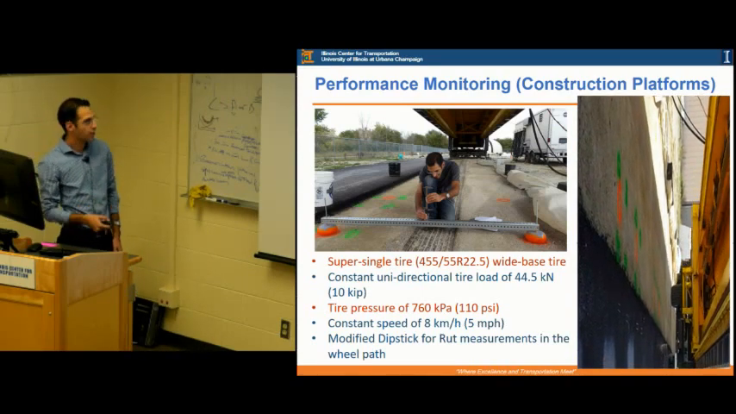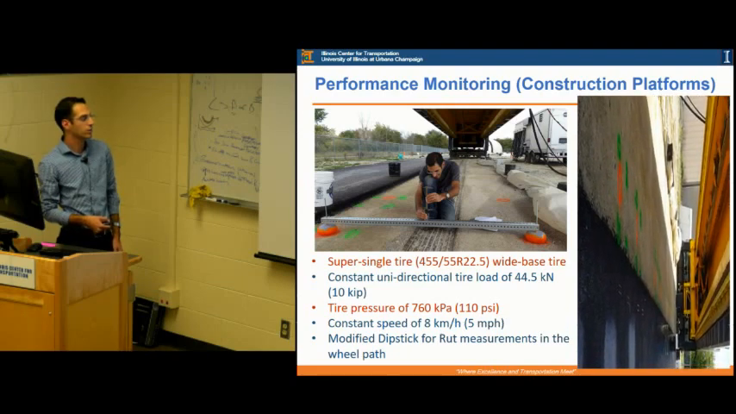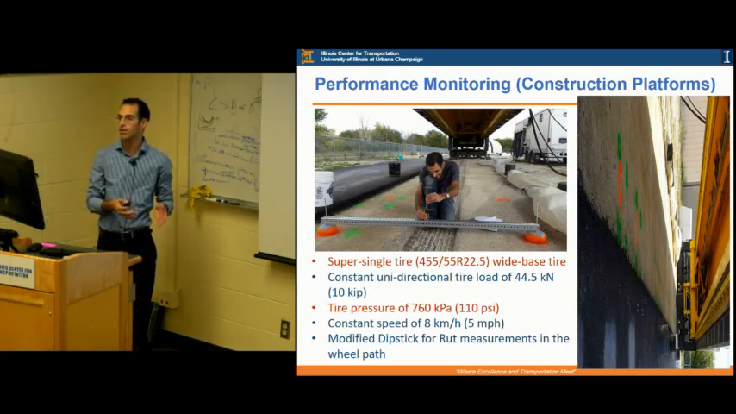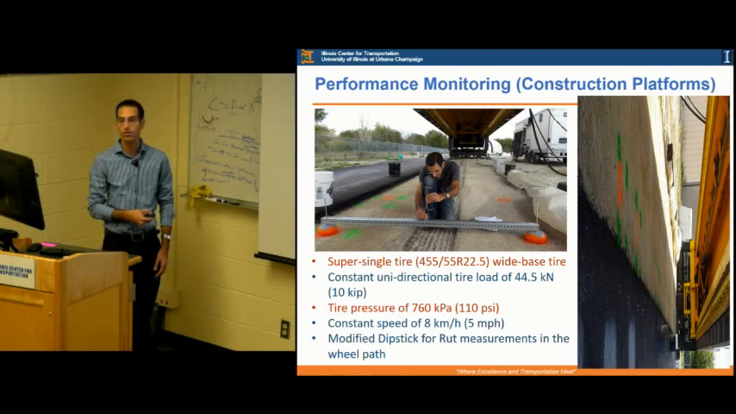So the tire that we're using is a super single wide base tire. We have a constant unidirectional load of 10 kip, tire pressure of 110 psi, constant speed of 5 miles per hour, and we're using a modified dipstick to measure the rut at different passes. So we basically start with a 0 pass, before we started the experiment, then 1 pass, 10 pass, 100 on a logarithmic scale, and we were able to get up to 20,000 passes on these